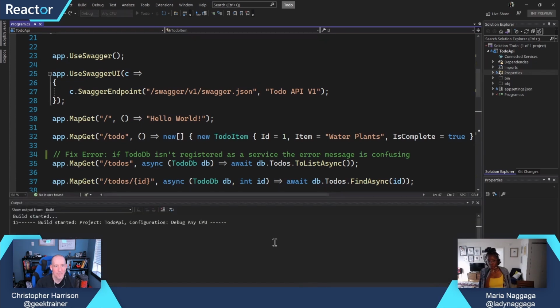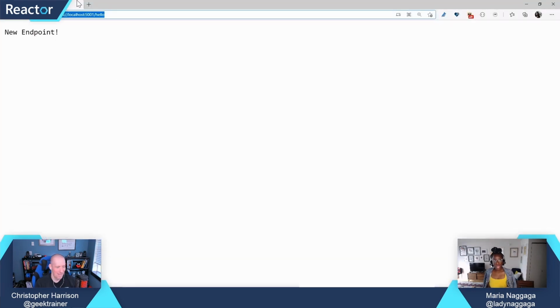This is a thing that's coming up with minimal APIs. Our next release is that we will have Swagger UI support, which I'm really excited about. Are people familiar with Swagger? You must be. Of course I am, but why don't you go ahead and define Swagger? So Swagger is a UI that allows us to play around with our